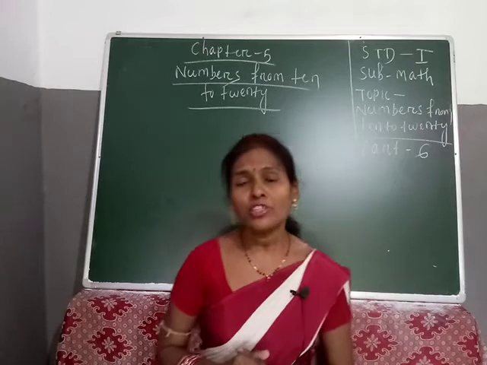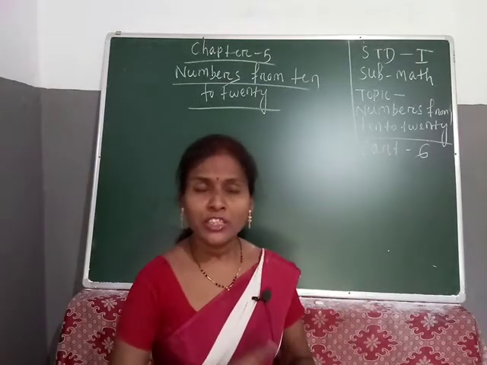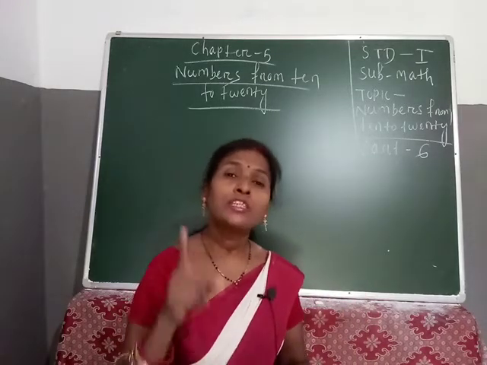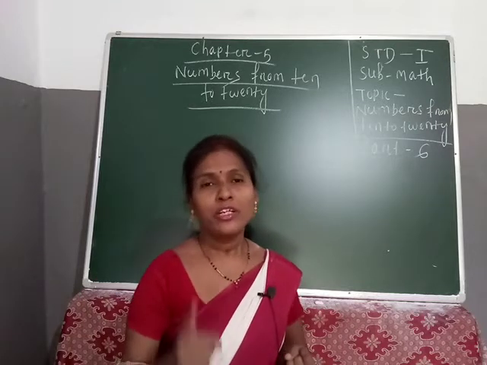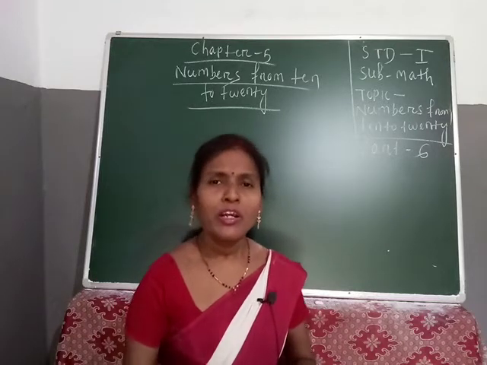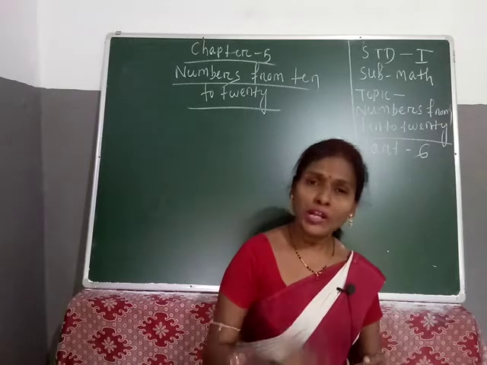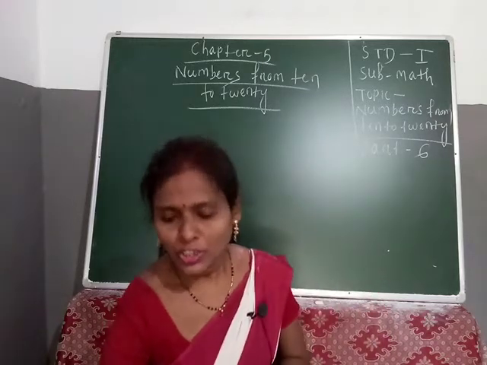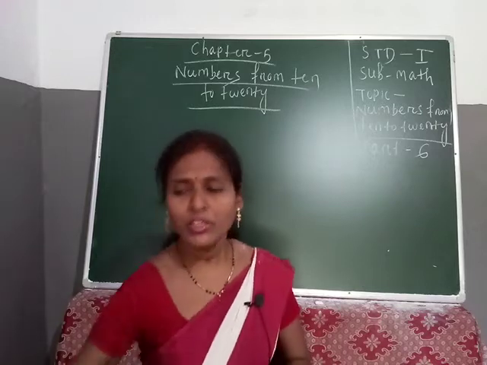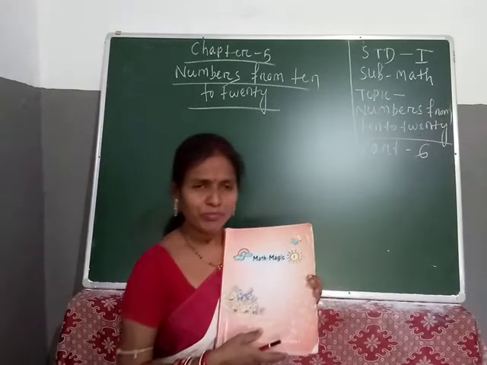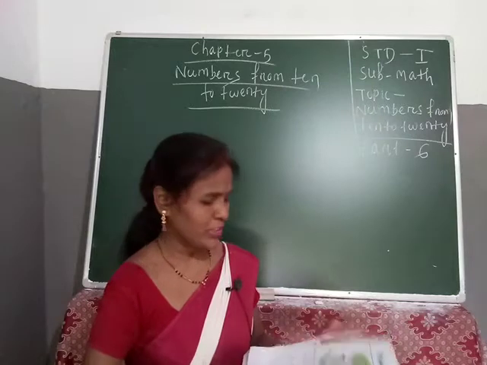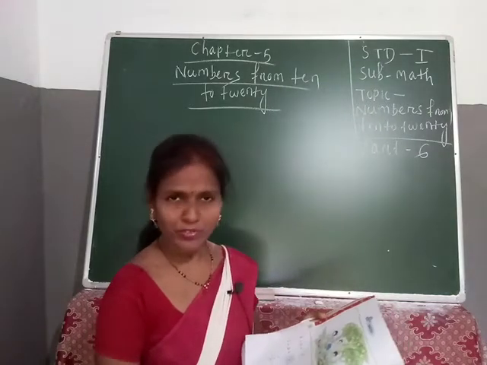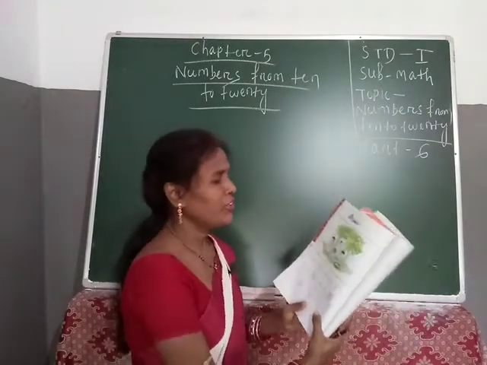We also discussed how to circle the bigger number, the biggest number, the smaller number and the smallest number. Today I am going to discuss with you your Olive Multicarrier Math Magic book, page number 84. What is written here?